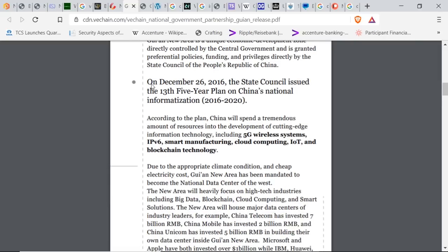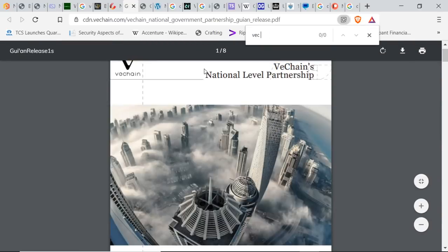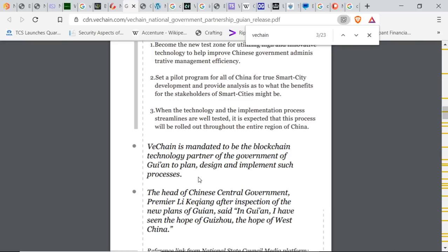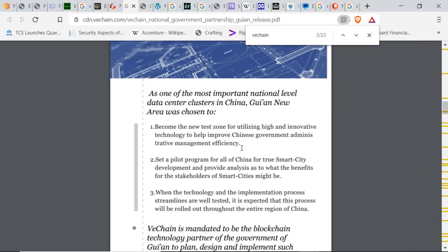Now, it talks about blockchain here. Let me see where it gets down into the actual VeChain stuff here. All right. That area that they're trying to provide the technology boost to, Guian, however you pronounce that, VeChain is mandated to be the blockchain technology partner of the government of Guian to plan, design, and implement such processes. These processes are a test zone for utilizing high and innovative technology to help improve Chinese government administrative management efficiencies,